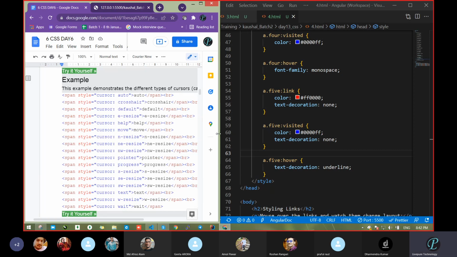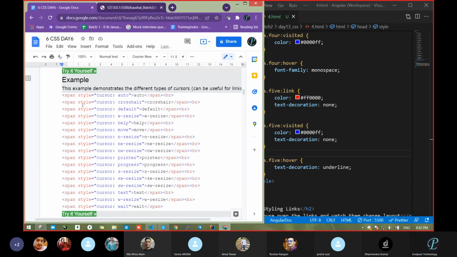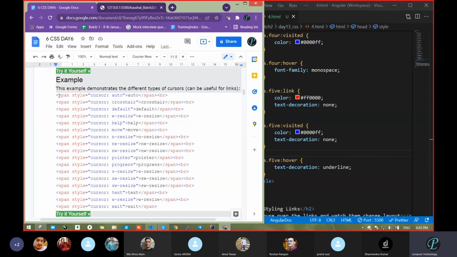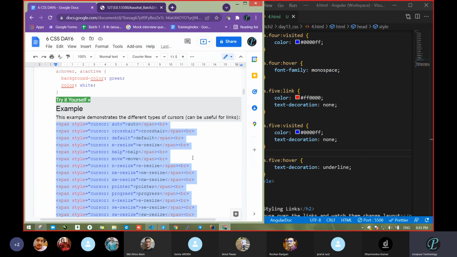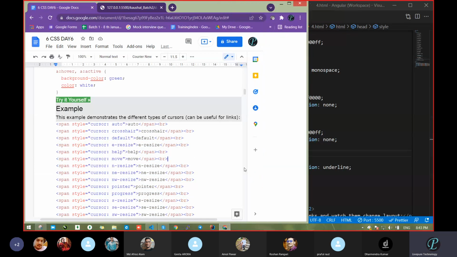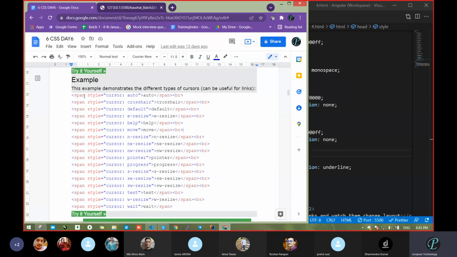Okay, so here see, I will not look at this one. Here a different cursor pointer is there. Okay, let it be. But here I think a style will also be there. It will take too much time. Let it be, I will just show it for demo purposes. That's it. You will practice all these. So see here, a style, and cursor. Cursor means which one? The mouse cursor. And this is automatic. Automatic in the sense of whatever we have now. But when we pass this, wait, let me take this.